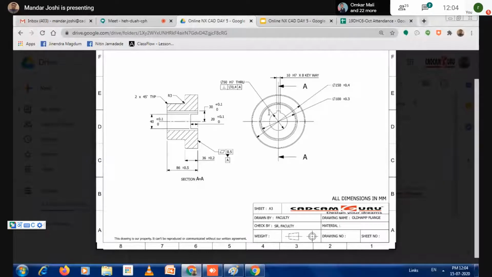Length. Depth is 20. Are you sure? Yes, correct. It is 20. 20 or 30. This keyway I'm talking about, not slot. Keyway. This is 10, and this total is how much?